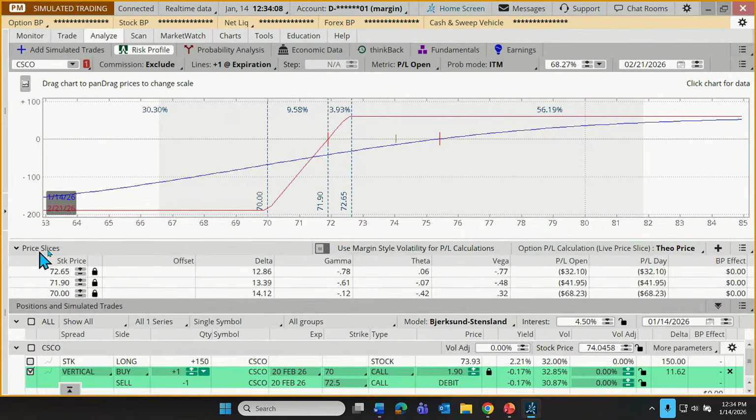But we can now see these things known as price slices, but in numerical form. So we've set one slice at 70. We've set another slice at 71.90, and the third one's at 71.65, and I just couldn't seem to get it where I wanted it. Well, we can also just change that right here. Let's just type in 72.50 and hit enter, and you'll notice what that did to our line here. Now, as we move those around, this is also showing us the impact on our trade.